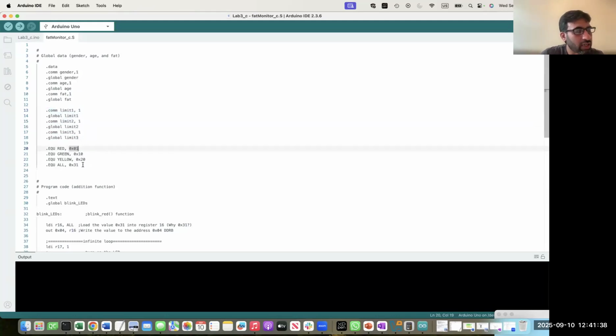Also, we are defining some names, red, green, yellow, and all, and setting them to the values 0x01, 0x10, 0x20, and 0x31. Why these values? Because